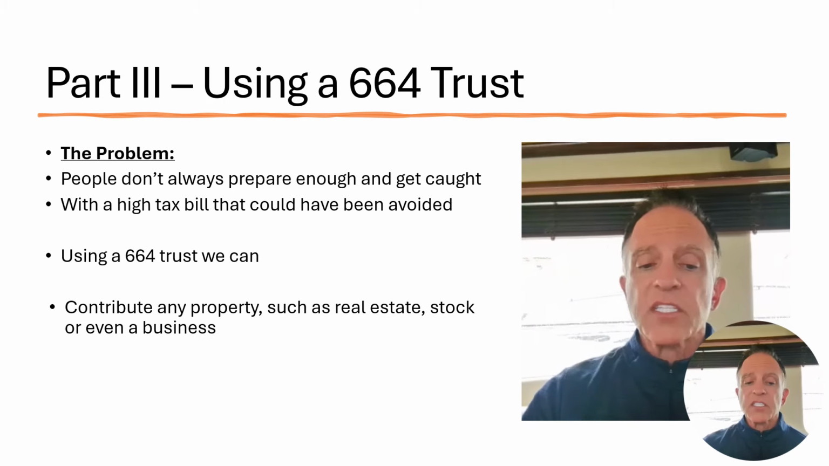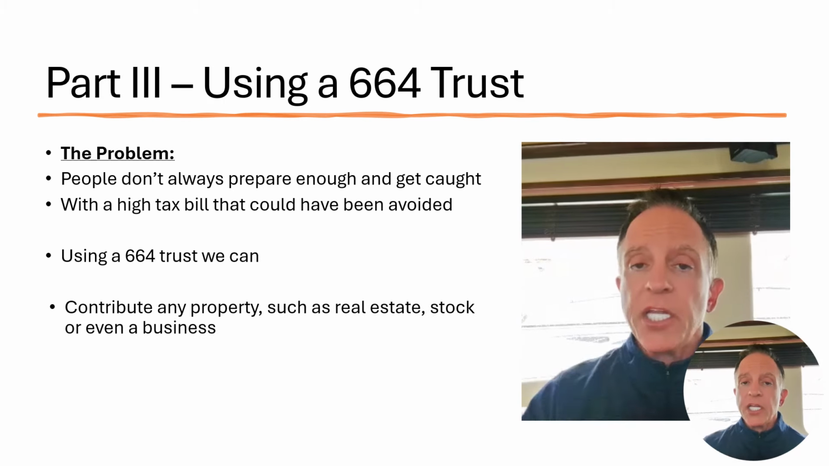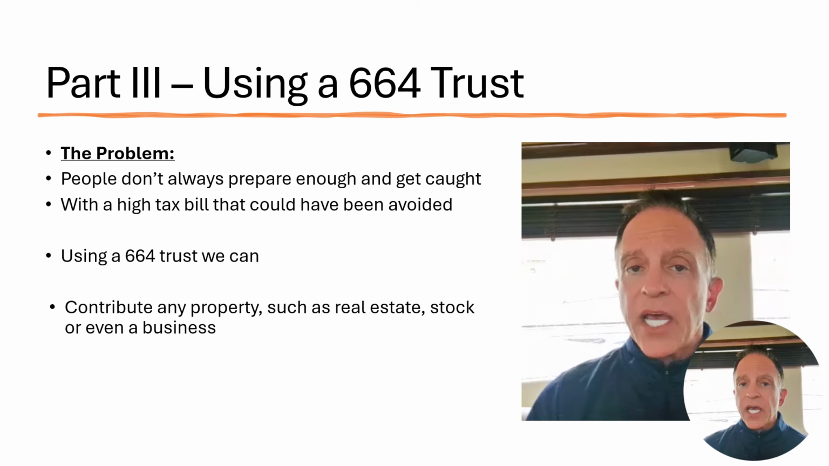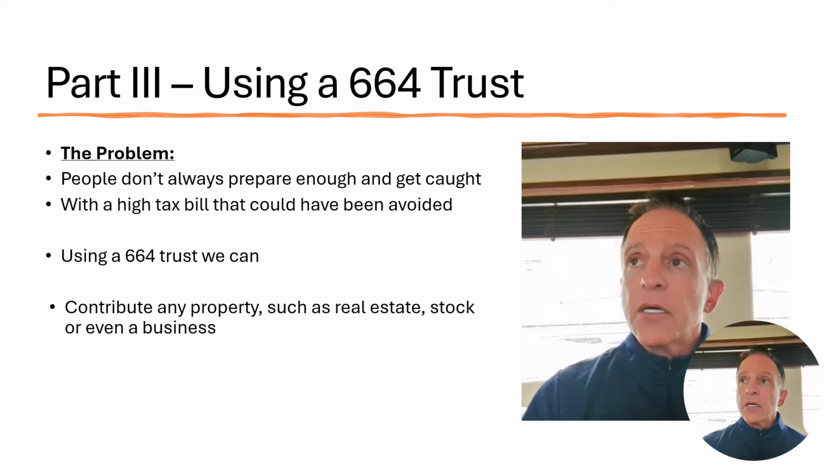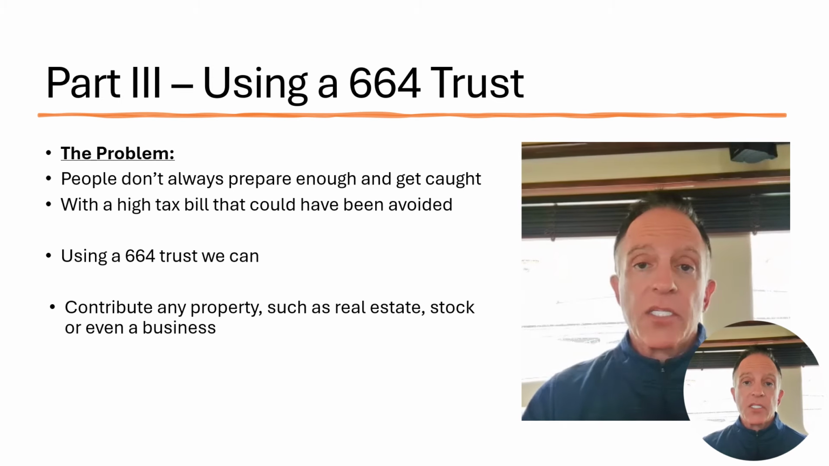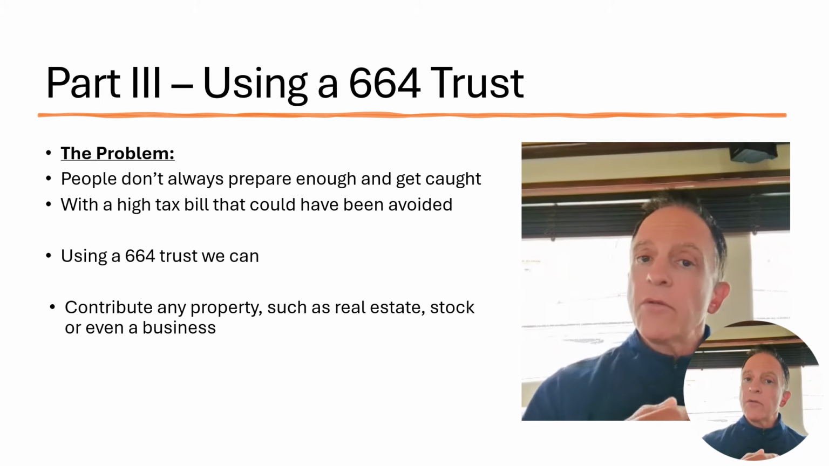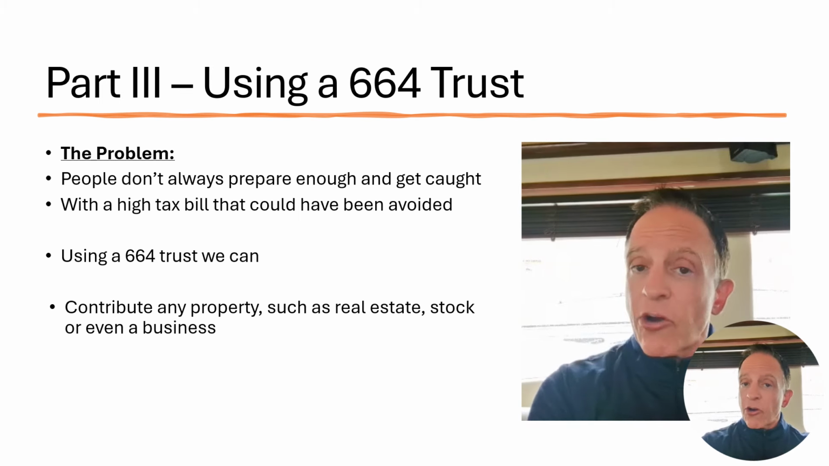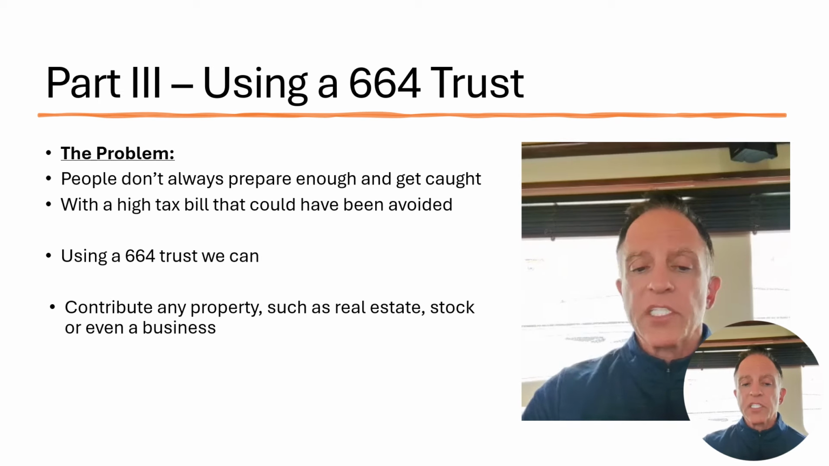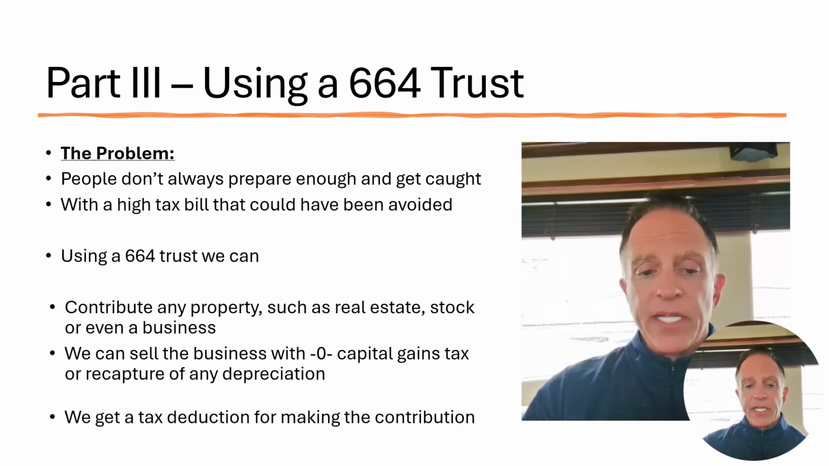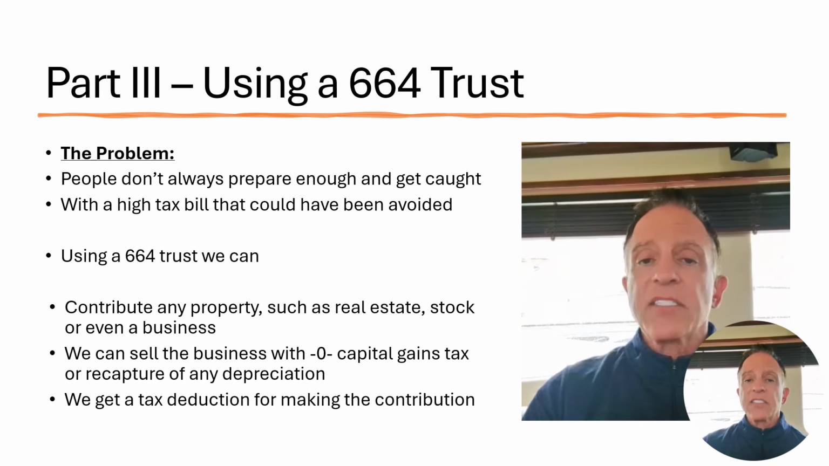Because when we use the 664 trust, we can contribute any kind of property. It could be real estate, it could be land, it could be a business, it could be stock, it could be bonds. There are certain things that aren't as beneficial to add, such as an IRA or such as an annuity. It can be done, but those places that are not tax deferred are definitely going to be the sweet spot. What that does by contributing to a 664 trust, it'll zero out our capital gains tax, and we actually get a tax deduction for actually